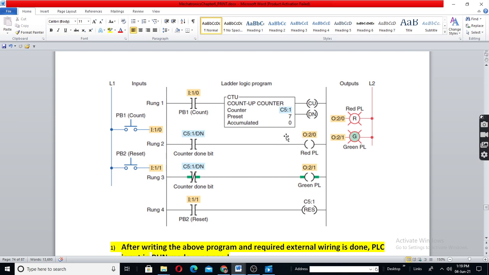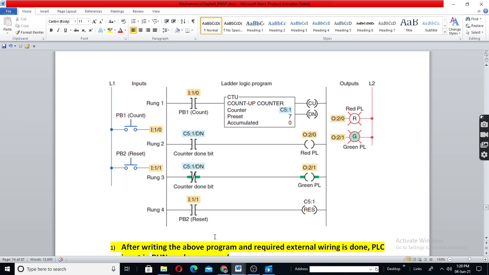Now, when it reaches 7, this will become 1, so this will become true and this will become false. So red will become on, green will become off.